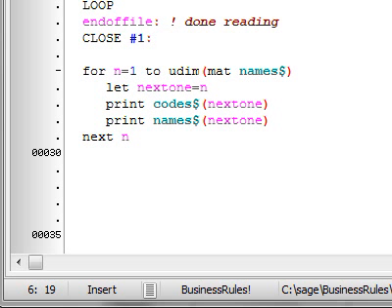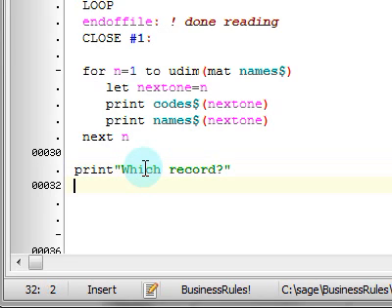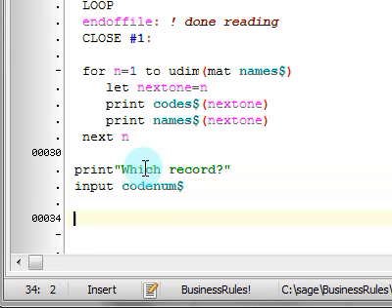Now let's add some code that will allow the user to choose a customer code and print all the information for that record. So I'm going to simply say print. And for now, we're still just printing directly to the BR command console. In the next tutorial, entitled Handling User Input, I'll show you how to print to the graphical user interface console. So print, in quotations, which record, and then input code num,